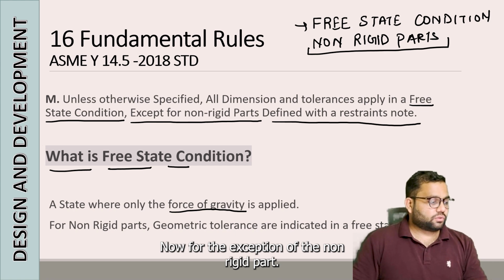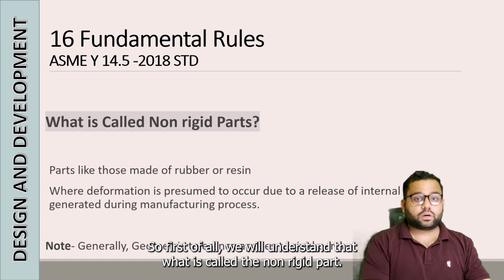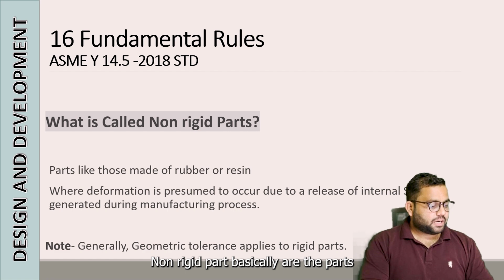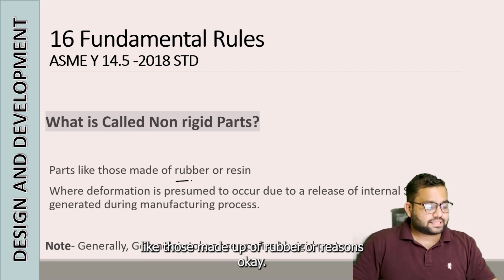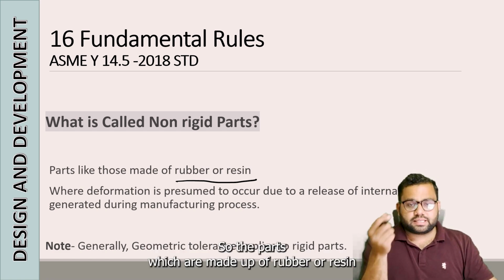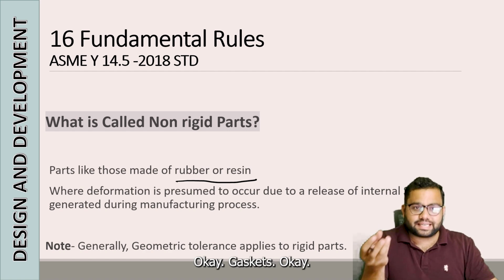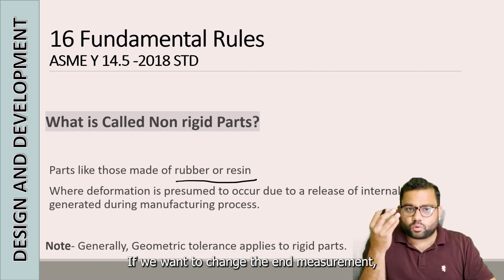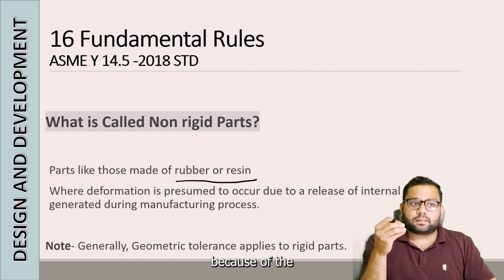Now, for the exception of the non-rigid part, first of all we will understand what is called a non-rigid part. Non-rigid parts are basically parts made up of rubber or resins, like O-rings and gaskets. If we want to check the measurement, because of the deformation,